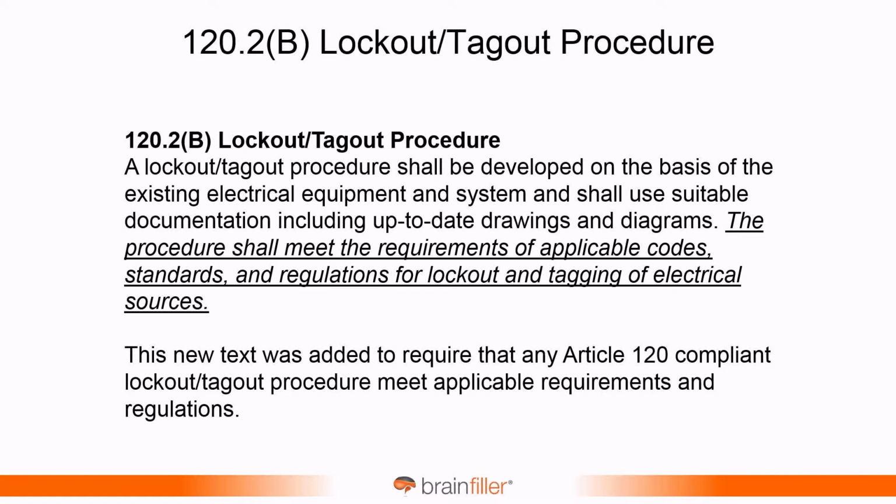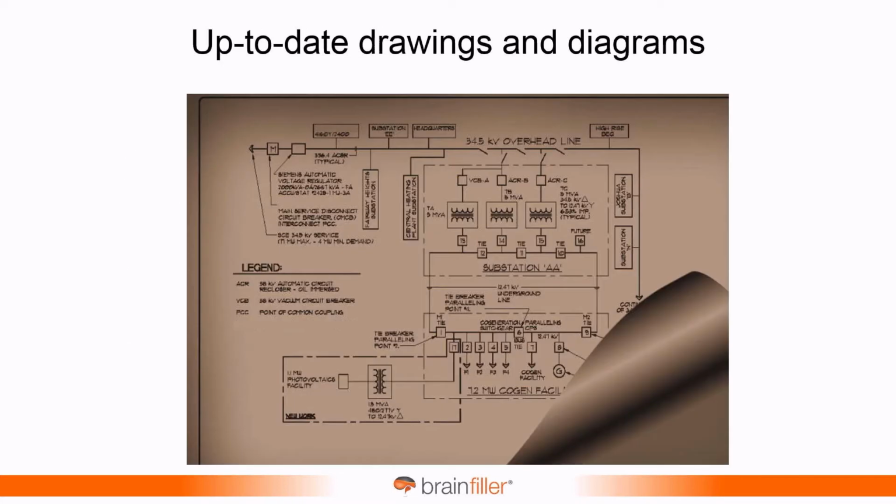But this language about the up-to-date drawings and diagrams, I mean, this is still the age-old question. And I run into this, and I know all of you have run into it, that you're trying to find a diagram so that you know where all the sources of power are coming from, or maybe to even perform a study. That's another use for the diagram. In this case, we're referencing lockout tagout, though. And if you're able to find a diagram, and sometimes that's even in question, you find out, well, it's not exactly up to date. So this is something that needs to be kept up with, although quite often it gets pushed to the side due to other priorities.